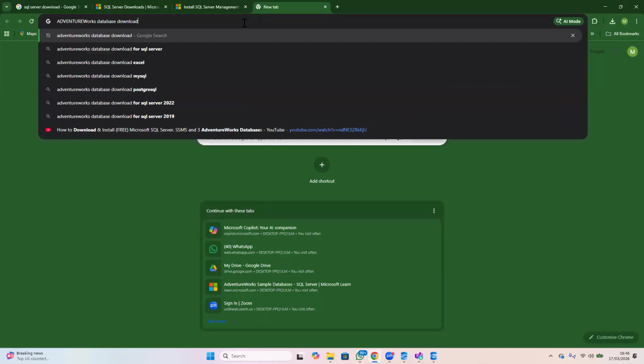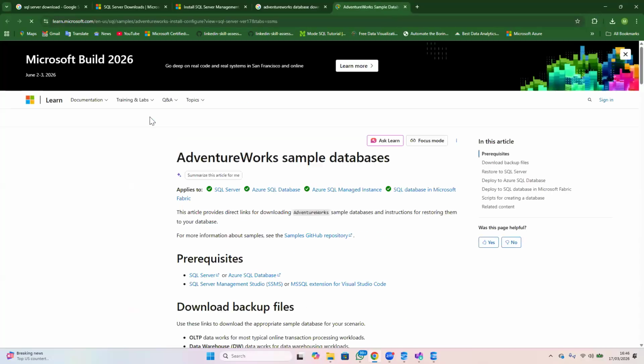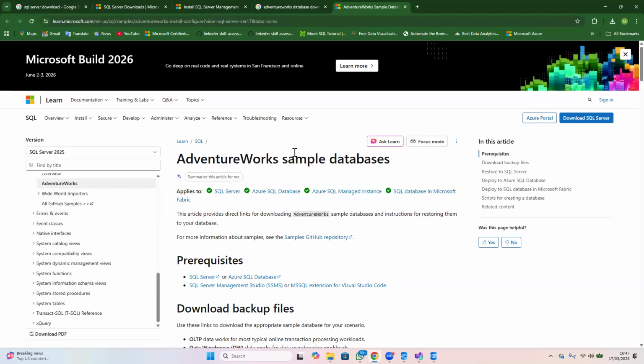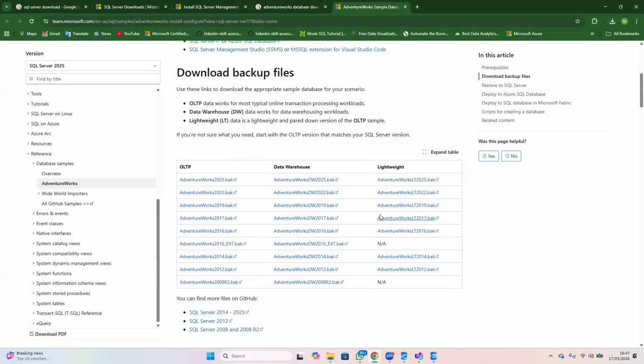database download. Okay, so type AdventureWorks database download, click on enter, and that's going to give you this option. So click on the first option that you have. Then when you get to the Microsoft Build 2026 page under Microsoft Learn, you scroll down until you see the various options that you have. So the option that we want is the OLTP file, and that's the first one, which matches the SQL 2025 server that we installed. So this is what we want. So you click on this,